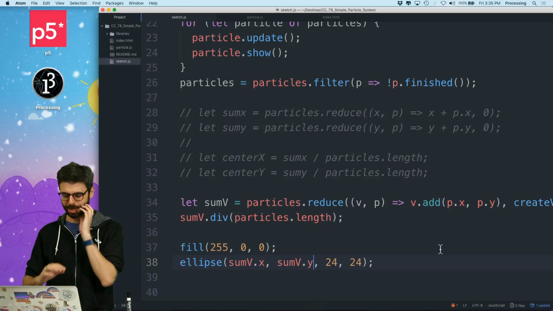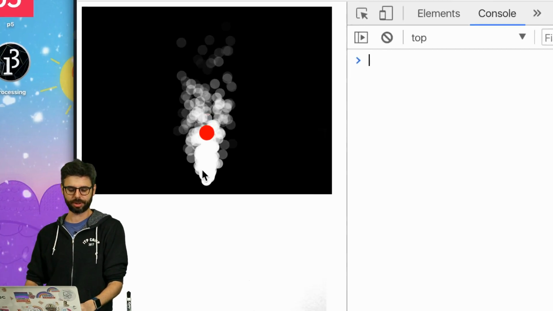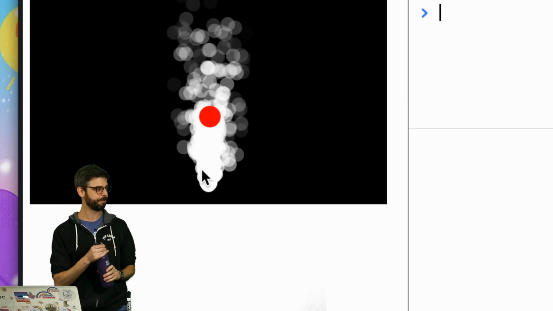Let's do sort. So one thing you could do about sort is, why would I want to sort these particles? Well, one thing might be,